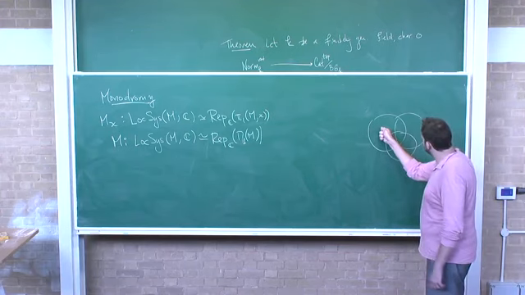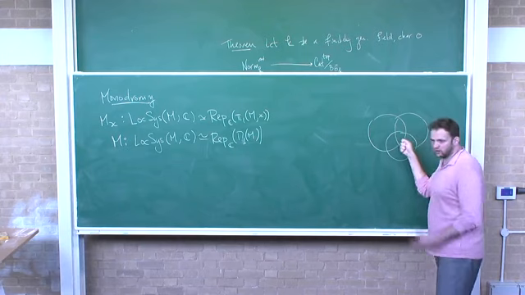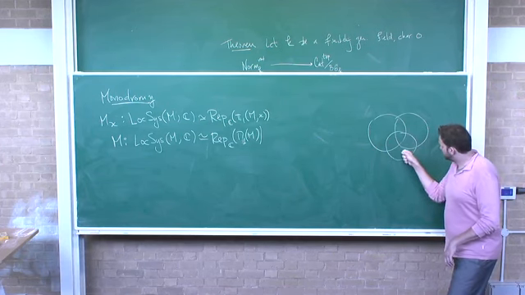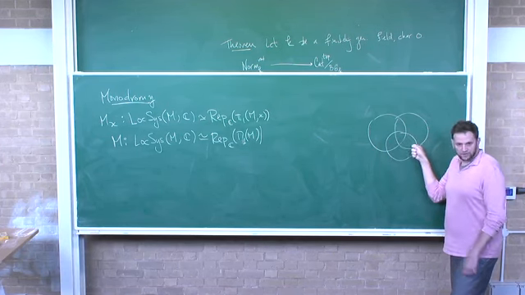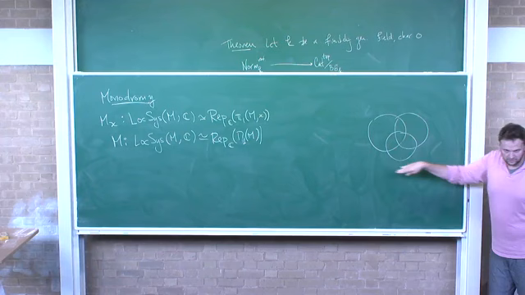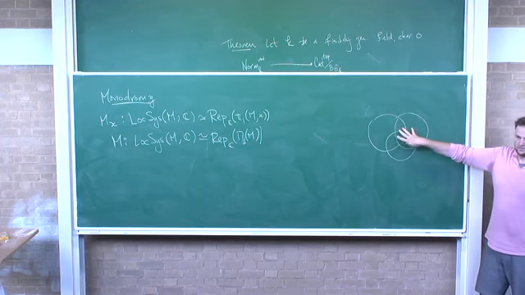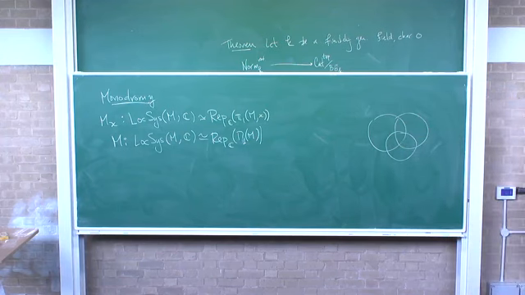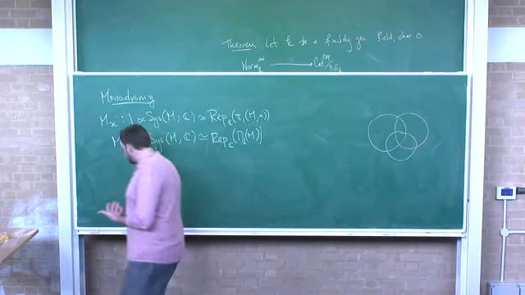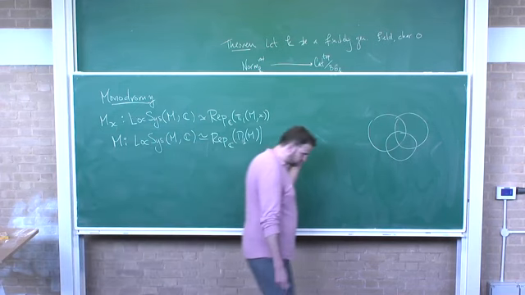Because after all, if I have a section here and a section on this other set, on the overlap I only have a homotopy. And on these triple overlaps, I only have homotopies. I need to have some coherence law for those three homotopies to glue together and make myself a section on everything. And well, as for three open sets in my cover, I don't get to stop. I have to keep doing this. And so that tells you, first of all, that you have to be careful about what you mean